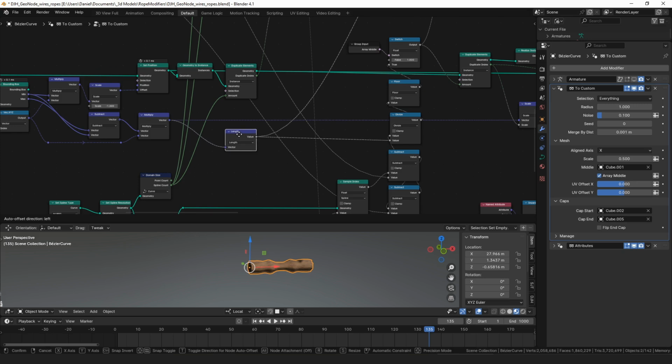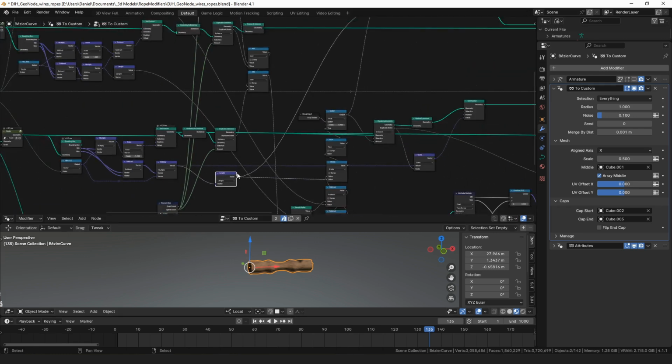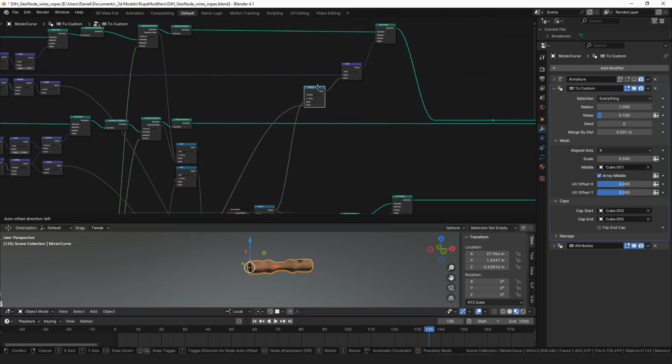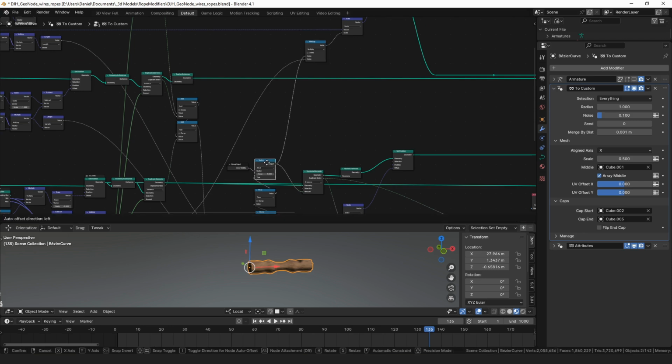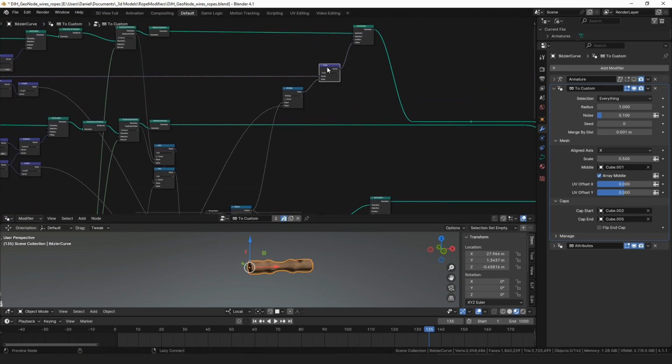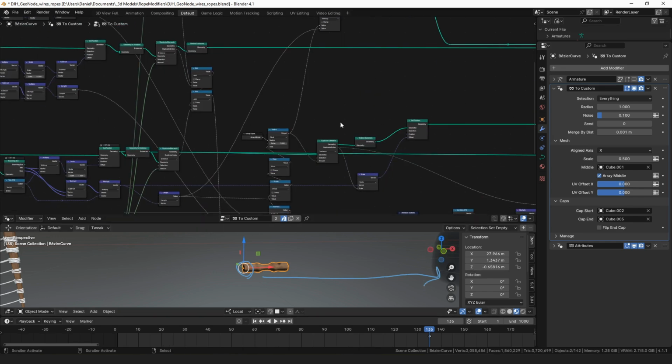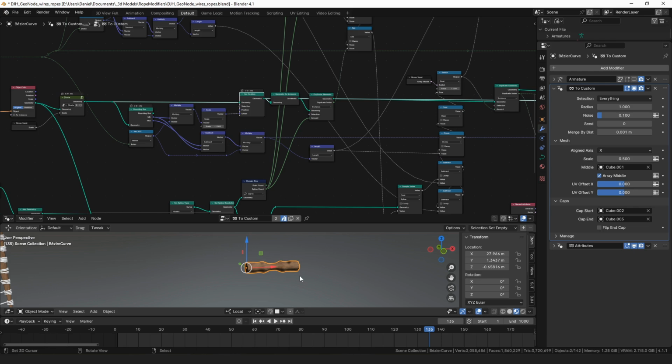Then if we take the length of that vector, which is just the x-axis, the x component of the size of this object, we can use that up here to multiply by the number of objects that need to be placed in the middle to get the offset value to move the end cap from here over to the end of the middle array. Then once we have the middle geometry placed here with the origin at the one end,